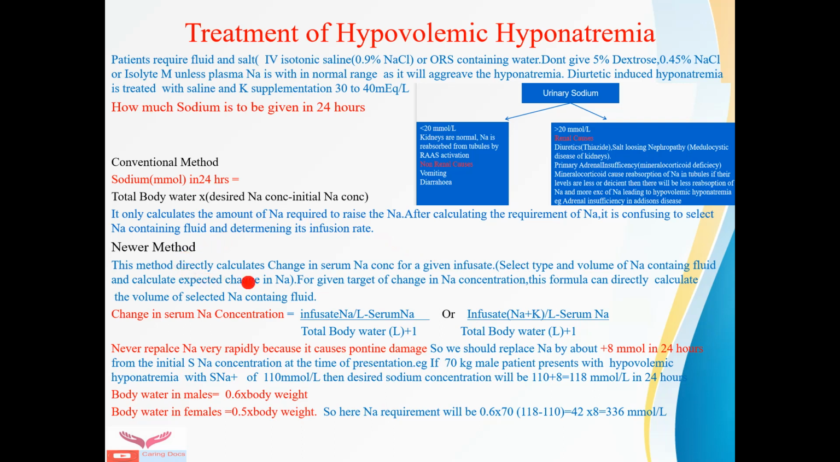This method directly calculates the change in serum sodium concentration for a given infusate. We have to select the type and volume of the sodium containing fluid and calculate the expected change in sodium. For a given target of change in sodium concentration, this formula can directly calculate the volume of the selected sodium containing fluid. So in this method, change in serum sodium concentration is equal to infusate sodium per liter minus serum sodium,